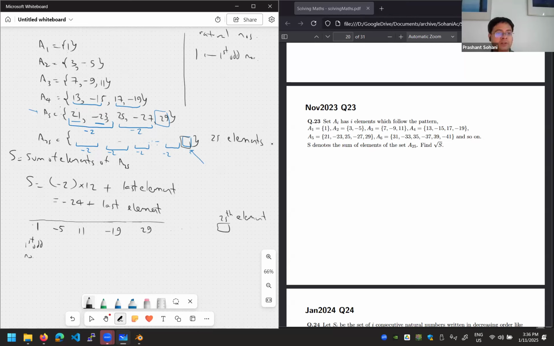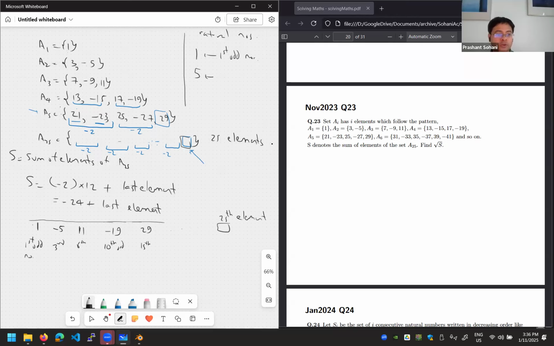What about 5? Let us ignore the sign for now, just look at 5. What is the index? That 5 is which odd number? Third, right? It's the third odd number. What about 11? 6, right? So in general, you see the pattern: this is the 10th odd number, and this is